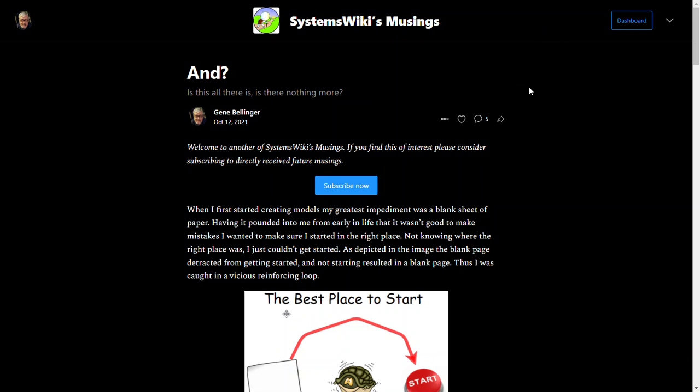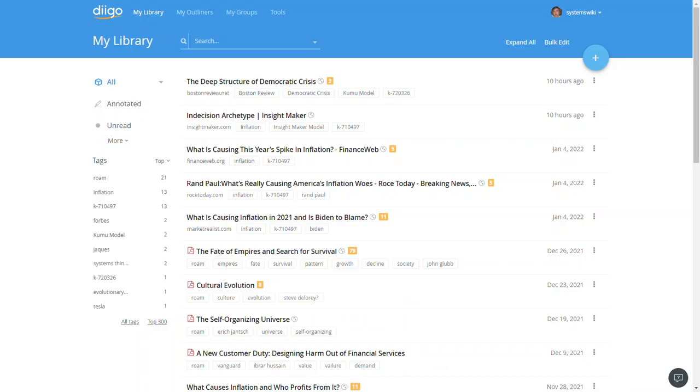And then when I develop a model, all of my associated references for that model are maintained in my Diigo library. Diigo is a bookmarks manager which allows me to bookmark web pages to include PDFs and images and notes and outlines and various and sundry things. I've been using it for a long time. There are probably better ones, but the reason that I prefer it is because it allows me to